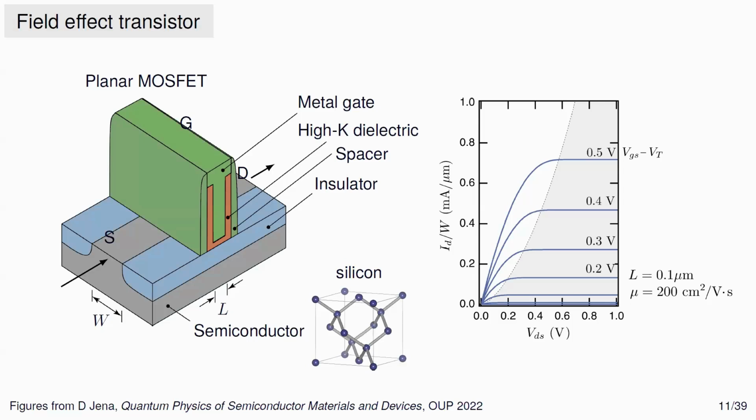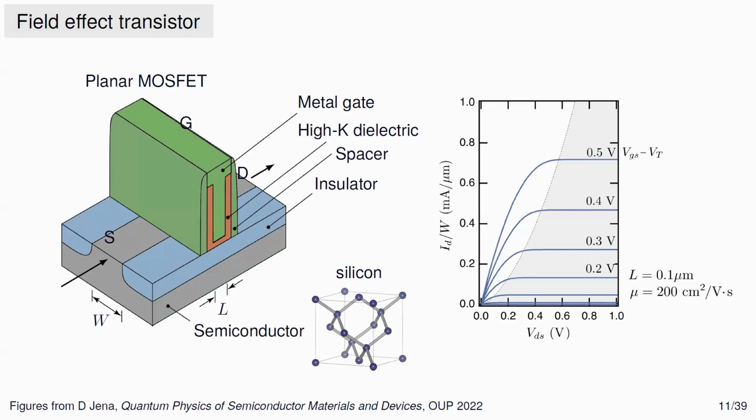Now, that would not be a transistor. To achieve a transistor effect, what one does is also to apply a voltage from another terminal here, which is called the gate, and is separated by an oxide from the source and drain parts. The action of this voltage is to function as a valve. By changing the voltage, you control the flow of current. And by doing that, you can realize logic operations like, from 0 you get 1, or you get the addition of 2 bits or things like that. So this is the most essential component of every chip that we use today.